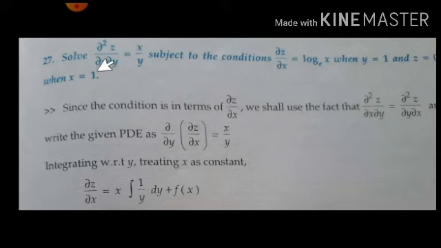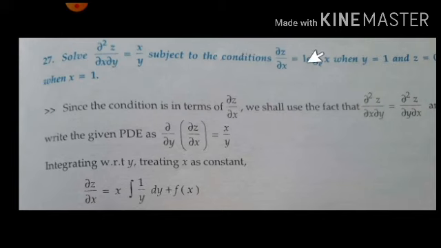If I write it as it is, first we integrate with respect to x and get the answer ∂z/∂y. But to find one of the constants, the given condition is ∂z/∂x, not ∂z/∂y. So it means we first need to integrate with respect to y. At that time you will be left with ∂z/∂x, so in this step you can substitute the given condition to find the constant f(x). In such cases you should observe what they have given.